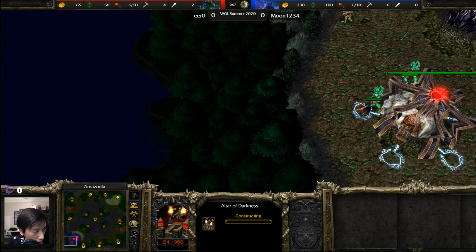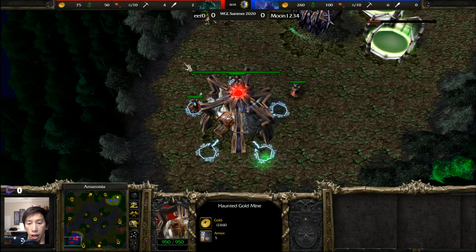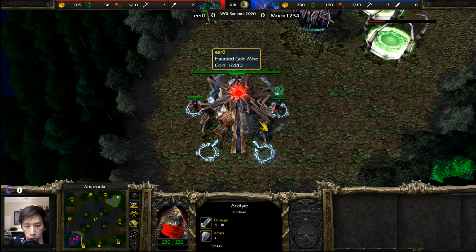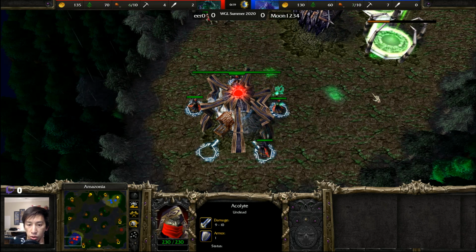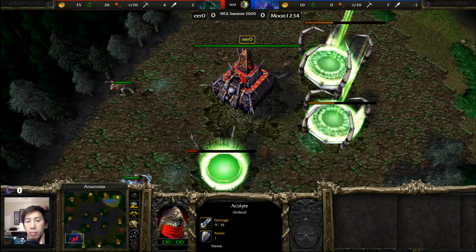All right. Hello, everyone, and now welcome to a game. This game is from WGL Summer 2020, all from the group stages, as we are looking at 120 going up against Moon in this 1v1 matchup. 120 has spawned as the red undead player over here on the bottom left-hand side of the map, playing under